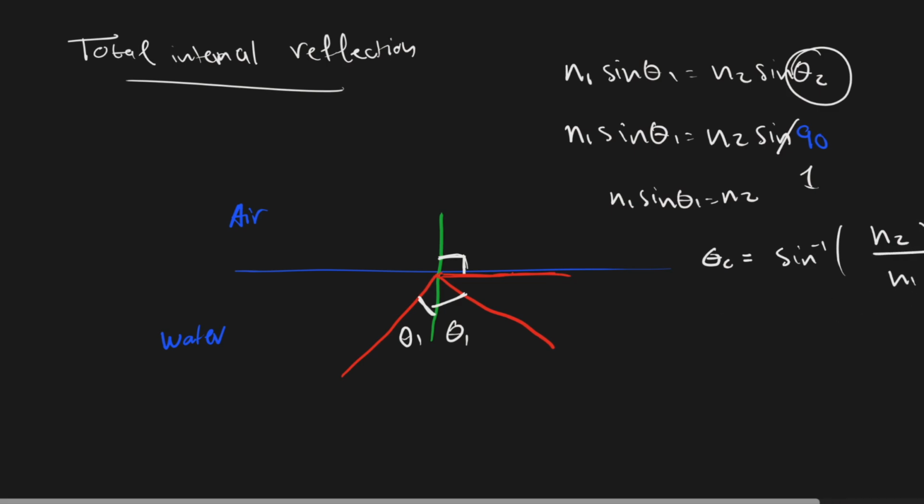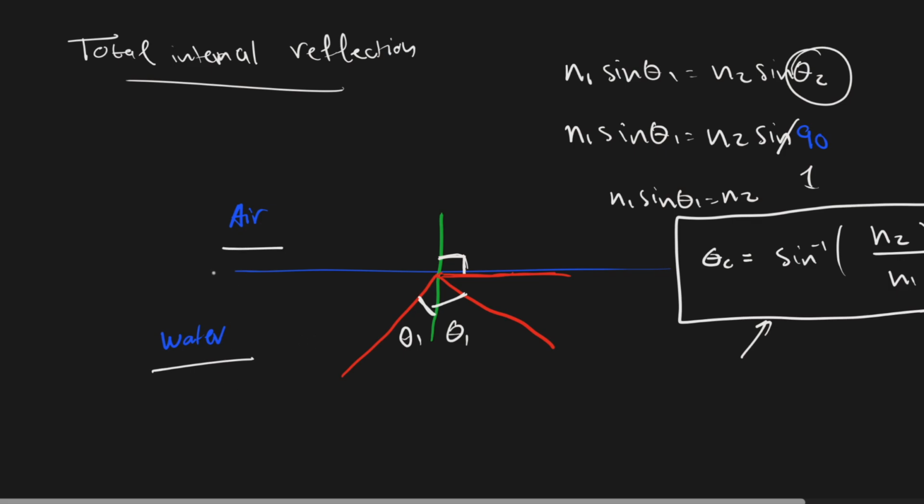Alright, so this is the equation for theta c. This is the critical angle, and at this angle you will understand that there is no refraction anymore, but only reflection. Okay, so this is important. It's a beautiful phenomenon, to be honest, and keep in mind that it only happens when the light goes from